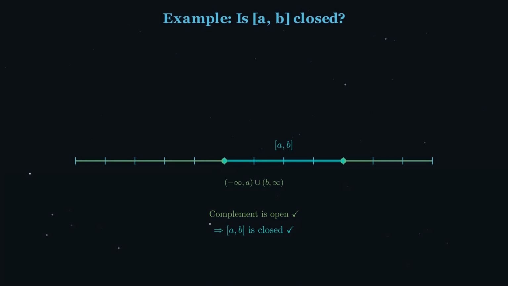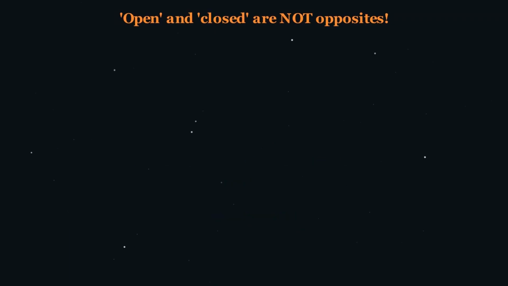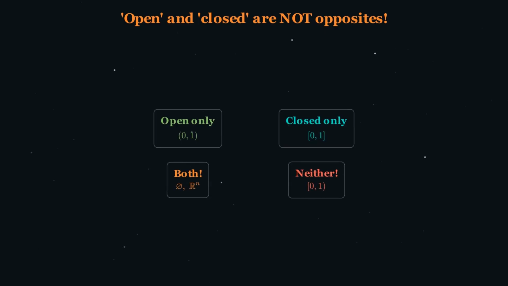Now be very careful here. Open and closed are not opposites in the everyday sense. A set can be both open and closed, like the empty set or the entire space Rn. And a set can be neither open nor closed, like the half-open interval [0, 1) in R1. The endpoint 0 makes it not open, and the missing endpoint 1 makes its complement not open either. So it's stuck in between. It's like a door that's not fully open and not fully closed. It's just,